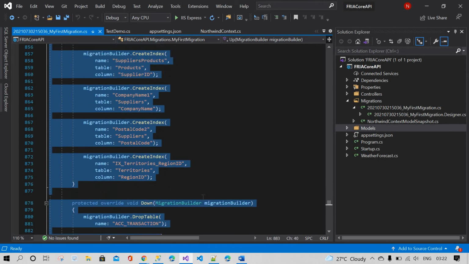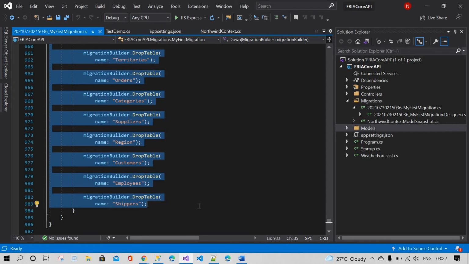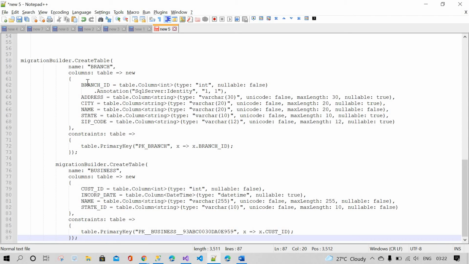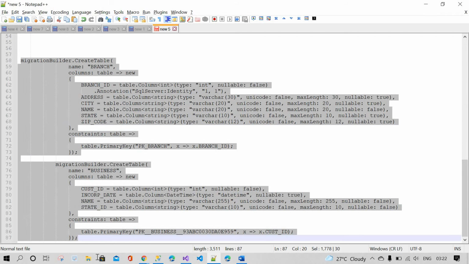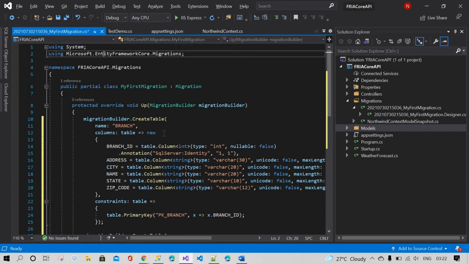Sorry for the delay. Now remove, now copy this whole thing, Control C and V. Our table name is TestDemo, and the branch id.